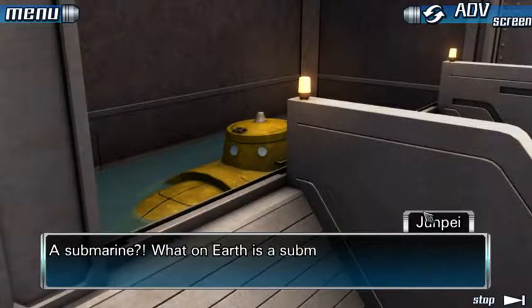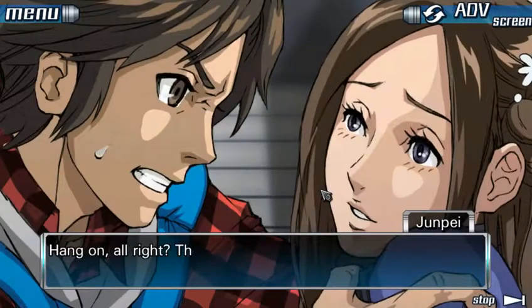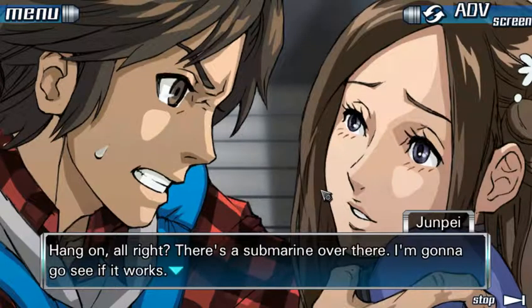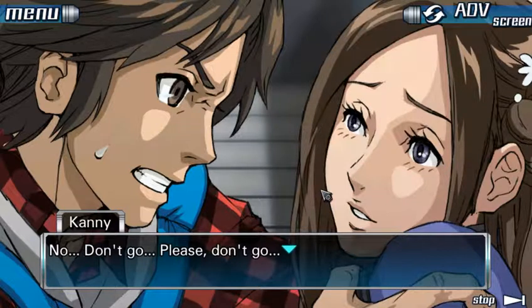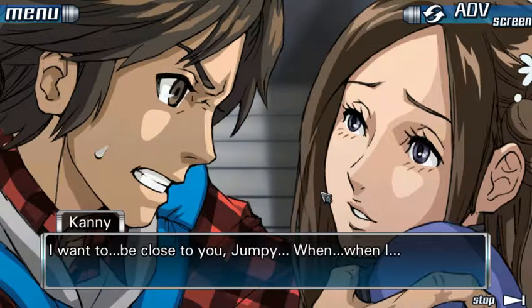What's that? A submarine? What on earth is a submarine doing there? I don't know, just... We all live in a yellow submarine. That's it. Hang on, alright? There's a submarine over there. I'm gonna see if it works. No, then go. Please, don't go. Please, just stay with me, okay? I want to be close to you, Junpei. When I...